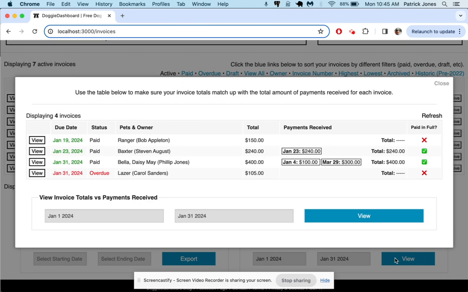We're going to go there, and here's the pop-up. So right here, we'll see the invoice due dates, statuses, who the invoice is for, the total amount of the invoice, as well as the payments received and if it was paid in full. So we can see right here, these three are marked as paid, and this last one here for Carol Sanders